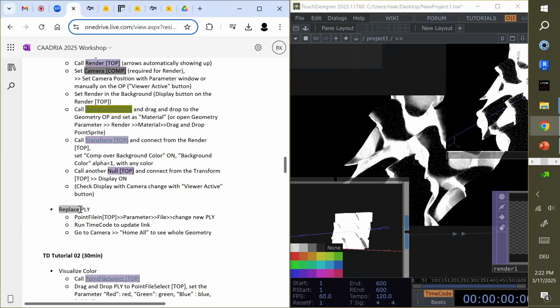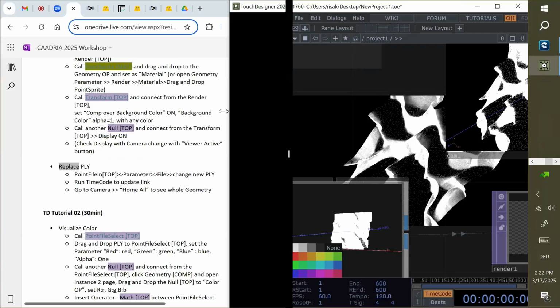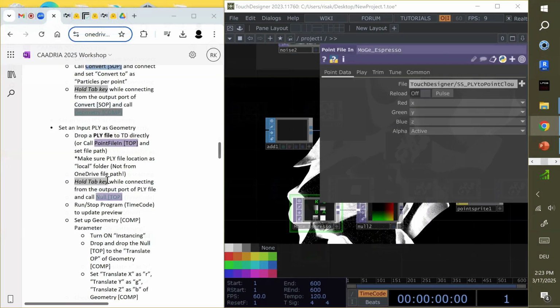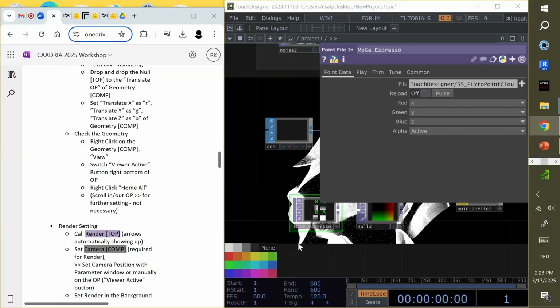So now this one replaces the PLY, how to update our PLY file together. I hope you can get this one as a result. Okay, so for today's TouchDesigner, it's all done.